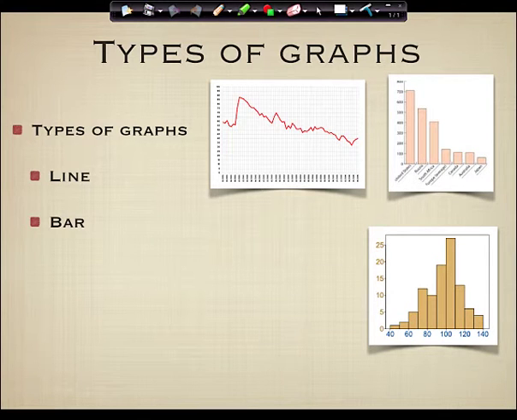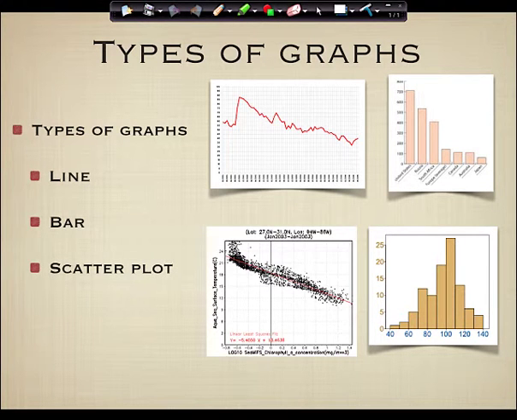Then, guys, we have bar graphs. Bar graphs describe populations. So they talk about how many people are this, how many people are that. So bar graphs talk about population distributions. And then, guys, finally, XY scatter plots also talk about relationships, but places where there is not necessarily a cause and effect, meaning that you could switch these. And we'll talk about that more in a second. But if nothing else, guys, recognize these by sight. Line graphs, bar graphs, scatter plots. You good? Okay, now let's start taking notes.